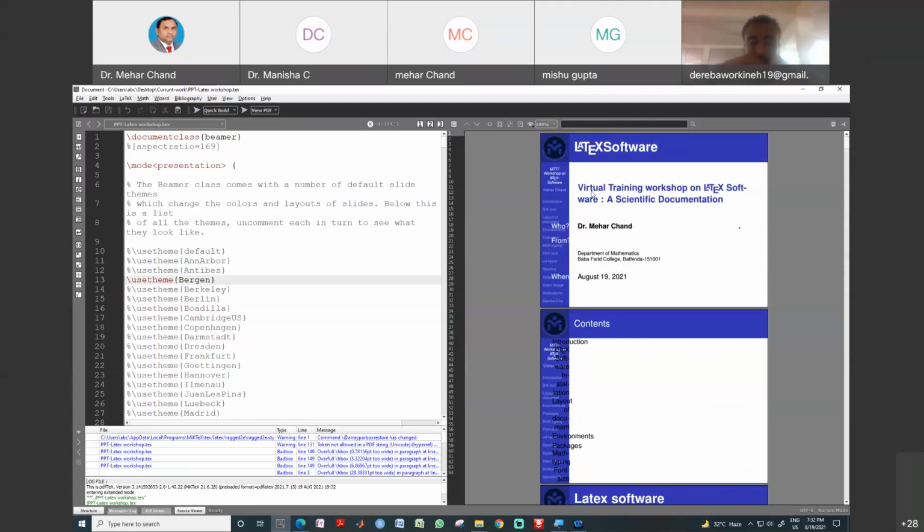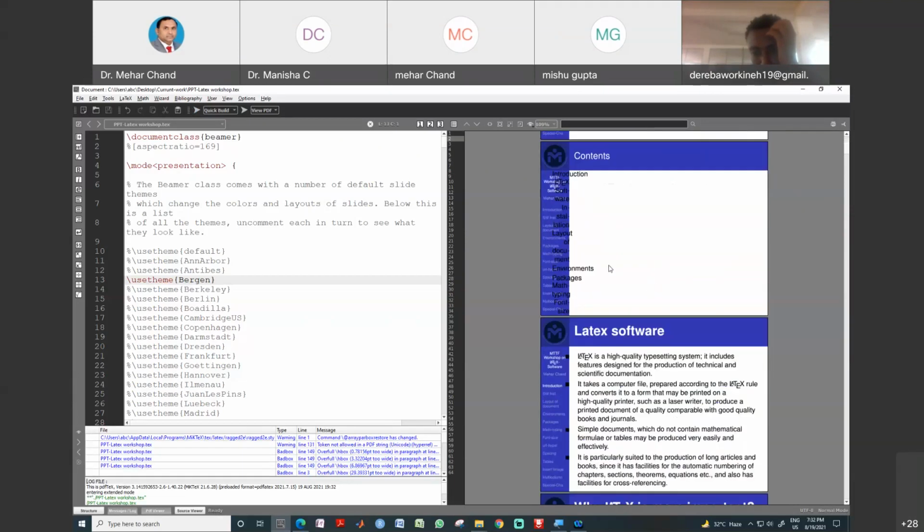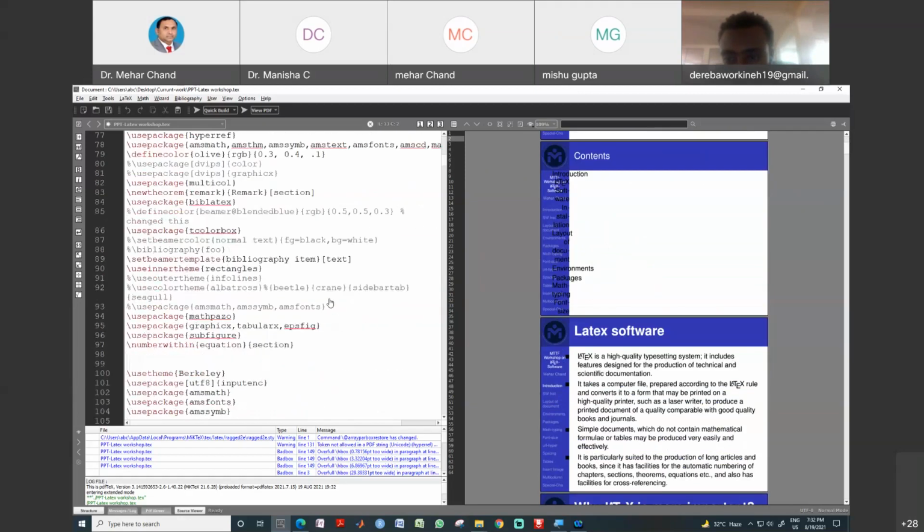See here, the style has changed. This is inserted according to this package, so you can see these are mismatching, because the content is prepared according to this package,